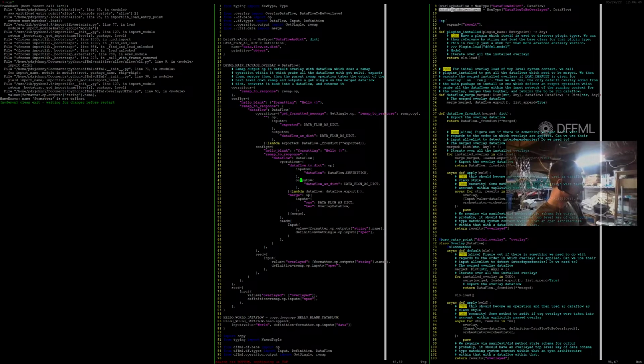And when they do that, they're going to output a new data flow. Okay, so grab all the modified data flows. No, grab any data flows, right? So they will take the data flow to be overlaid as an input. We'll provide that. The default flow will grab all data flow objects